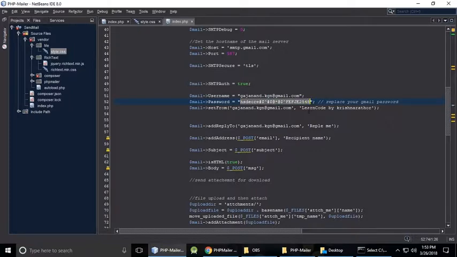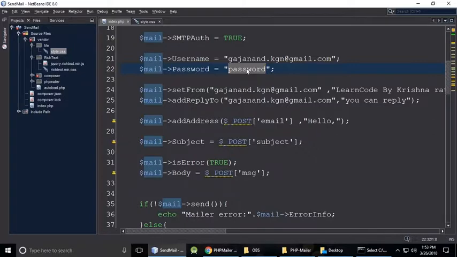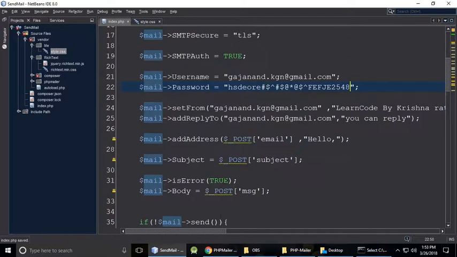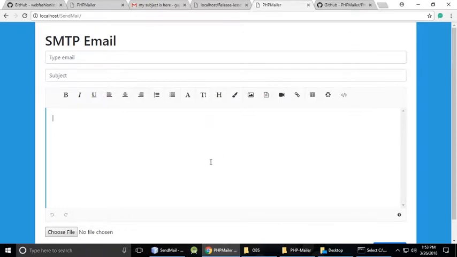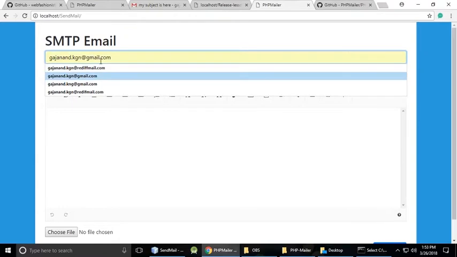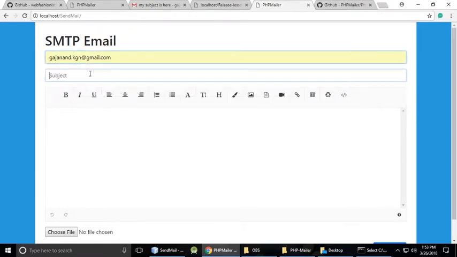So let's copy my password because we need a password here. So everything is fine. But when we run this project, let's test it and see what error occurs. So let's refresh, and I'm typing the email address, and here is the subject,